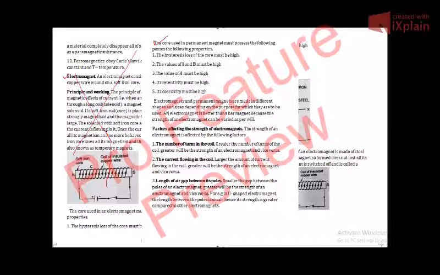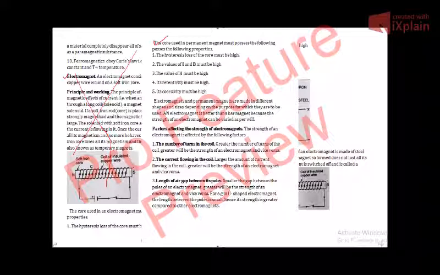Then it also depends upon the length of air gap between its poles. Length of air gap, that is solenoid. We know that inside the solenoid there must be an air gap. Smaller the gap between the poles of an electromagnet, that is between the north pole and the south pole of this solenoid, greater will be the strength of an electromagnet, and vice versa.